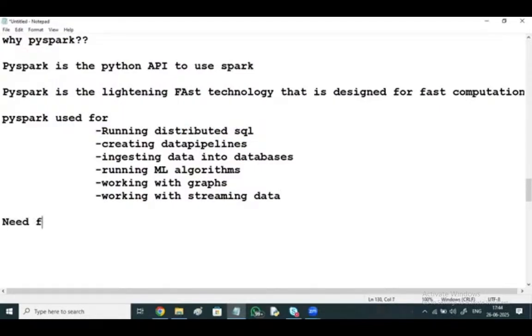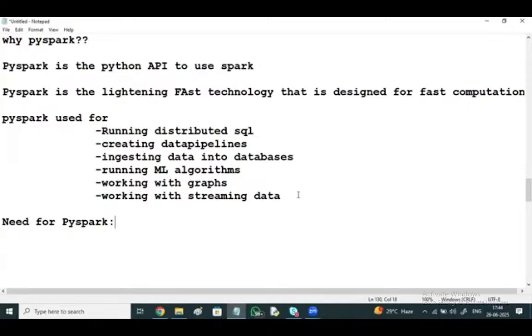We talk of the need for PySpark, right? You see, huge data is getting generated through offline or through online. So data contains hidden patterns, unknown correlations, market trends, customer preferences, and other useful business information, right? So we need to extract the valuable information from the raw data. So we require some efficient tools to perform different types of operations to work on this huge data, big data,